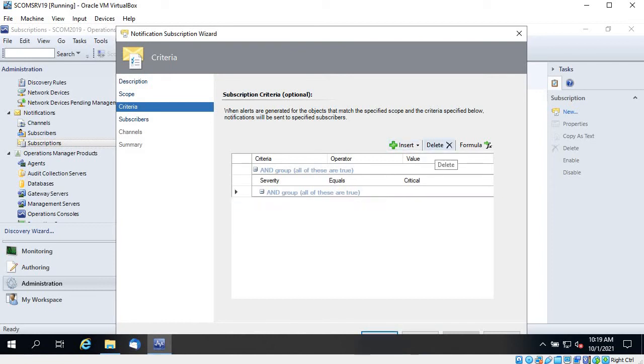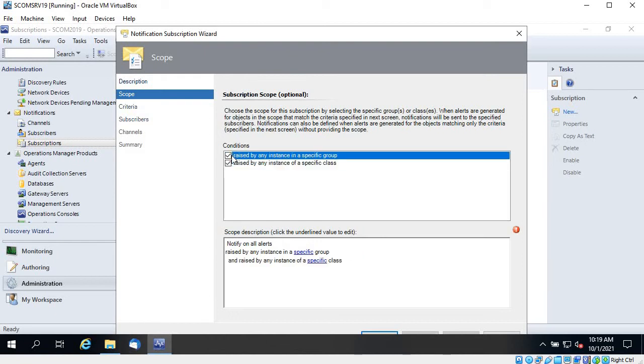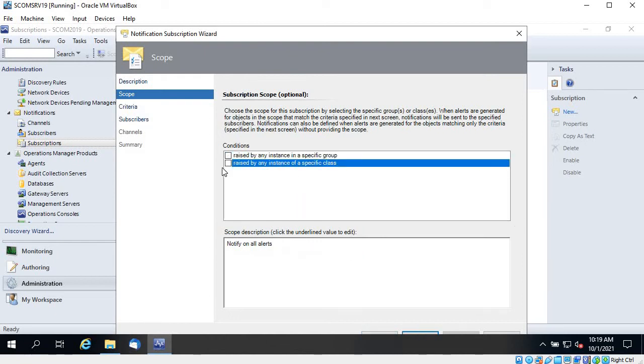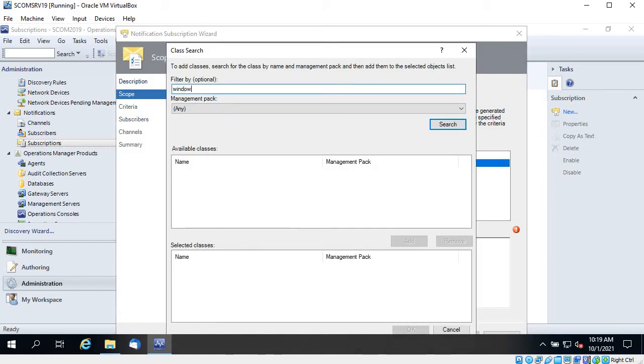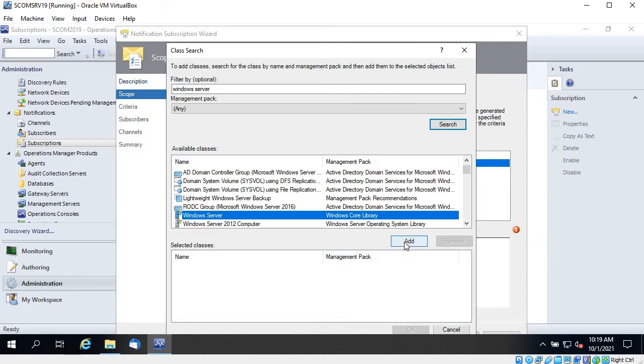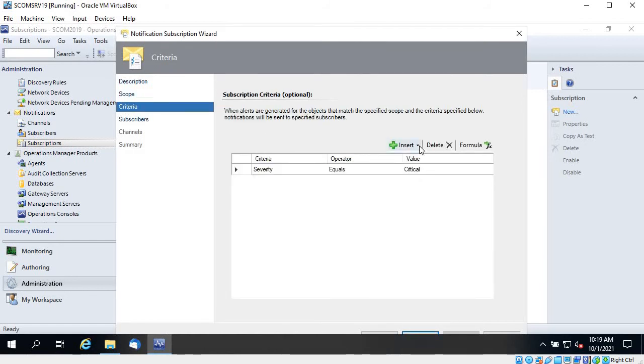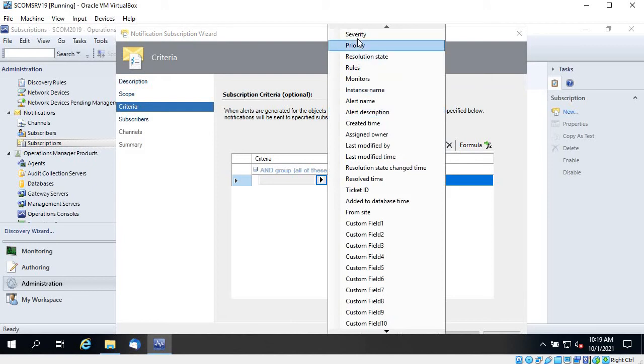Let me go back. So if I have selected the class and targeted it to Windows Server, let's check that and click on OK. Now click on next, and here I can remove this expression and click on AND, and what I will do first is go for instance name